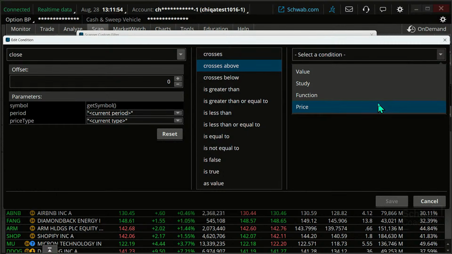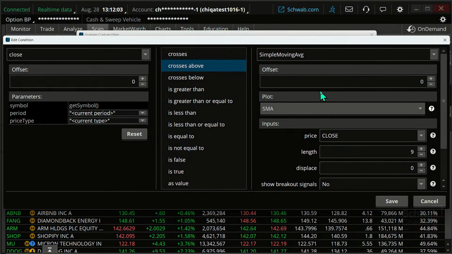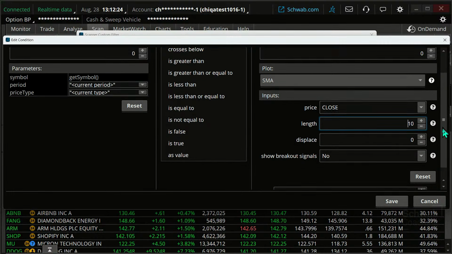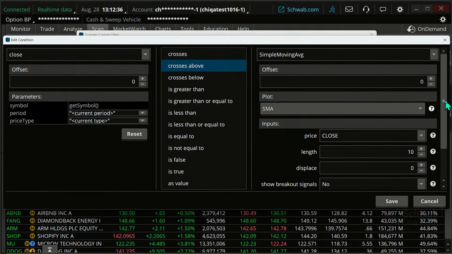Well, it doesn't say moving average here, but it says study here, and a moving average is a study. So I'm going to click on study, and I'm going to put in simple moving average, okay? So I'm going to click on simple moving average, and what's the length I want? I want a 10-day moving average. Well, the default here is a 9, so I'm going to change that 9 to a 10. And now one thing I can do, and we can switch this up, is I could say I want it to happen today, okay? But I could also expand that look back period out. So I'm going to scroll down just a little bit, and I'm going to say within the last 3 bars. Now we're talking about days here. So 3 bars represents 3 days worth of data.